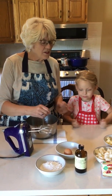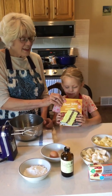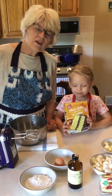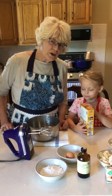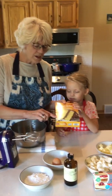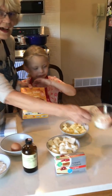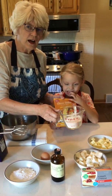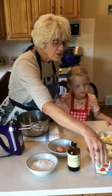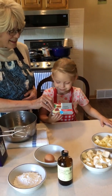So the first thing we'll need is 1 box of yellow cake mix. Well, the recipe called for 18.25 ounces. Guess what? This one is only 15.25 ounces, so we're going to have to add about 2/3 of a cup of extra flour. We will also need 1 block,